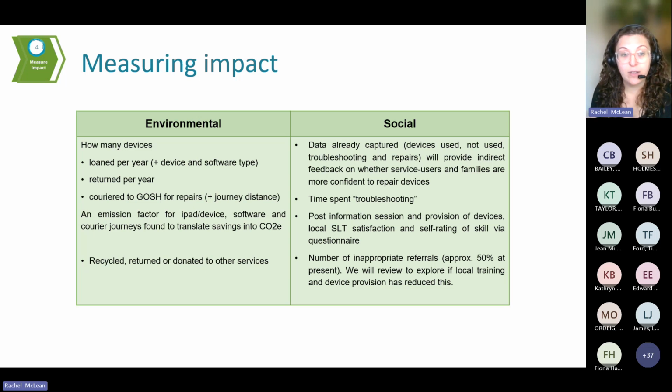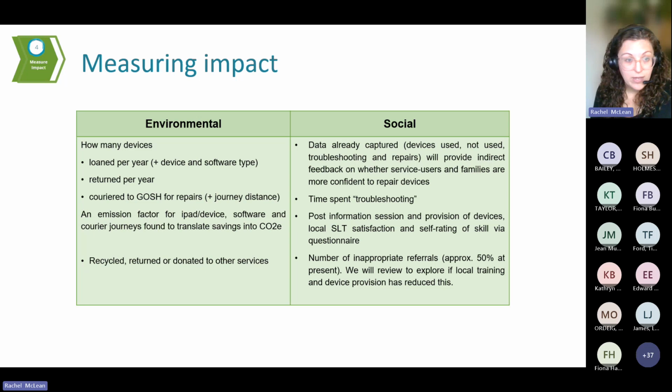year, so including what type of device it was and the software that the service user was given, how many are returned per year, how many courier journeys they have to GOSH for repairs and the distance of those journeys, and for those things, an emission factor, so for an iPad or a device, for the software and for the courier journey, can be used to translate the savings or the difference as a result of the project into a carbon footprint